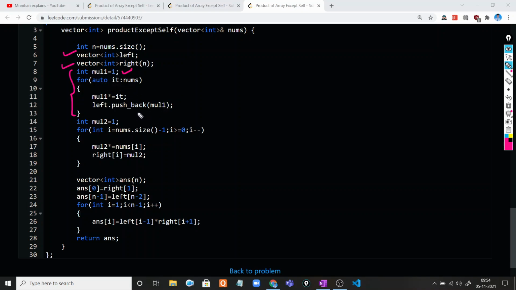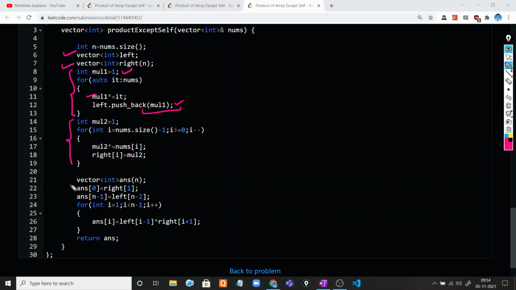And then we update the multiply value: we update the multiply first, and then we put that value into the left array, and similarly for the right array.